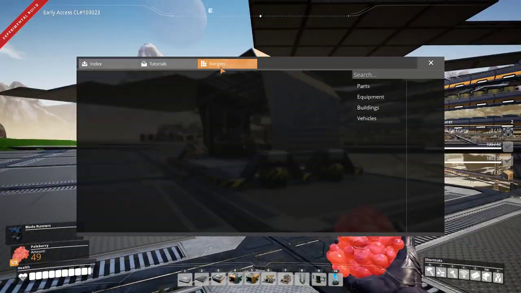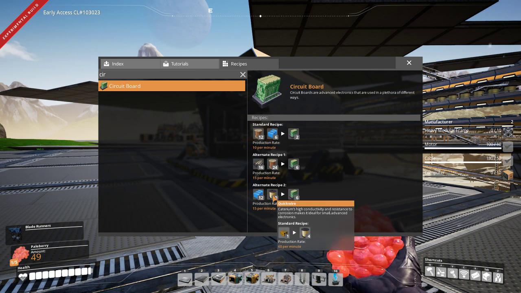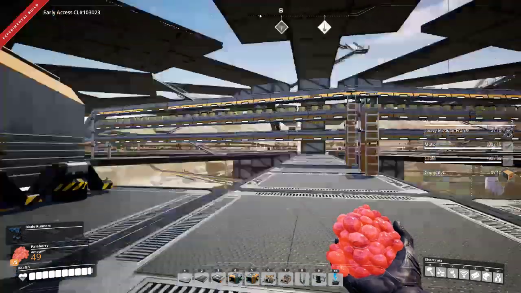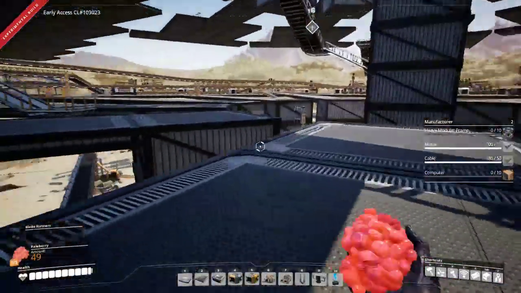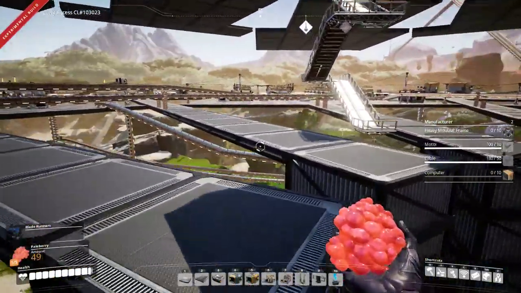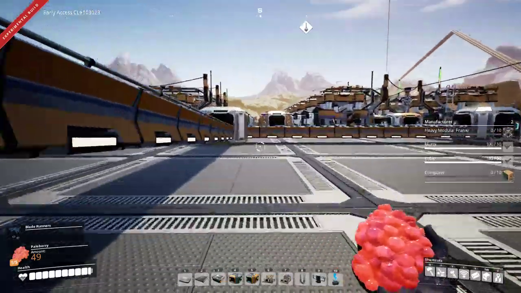Alright, so now we have lots of recipes for circuit board. I think I actually like this one better because my plastic production is higher than my rubber production, so I'd prefer to use plastic over rubber if I can help it. Also, I'm already sending quick wire upstairs, whereas I would have to construct a new pipeline for copper wire. Which I'm sure I'm going to have to do sometime eventually, but...